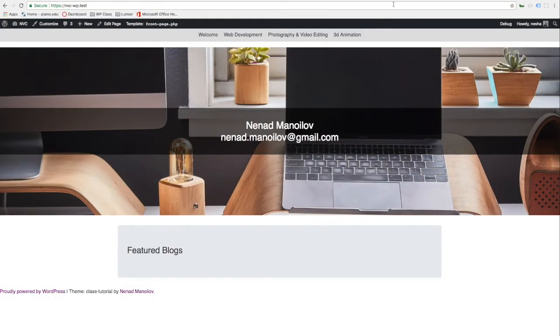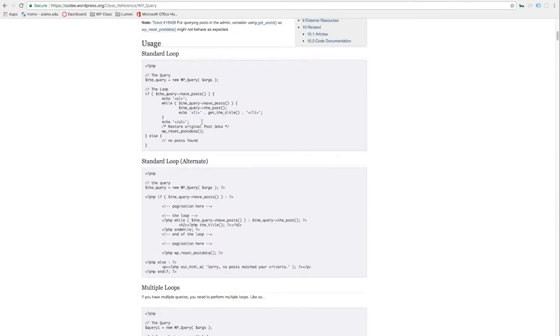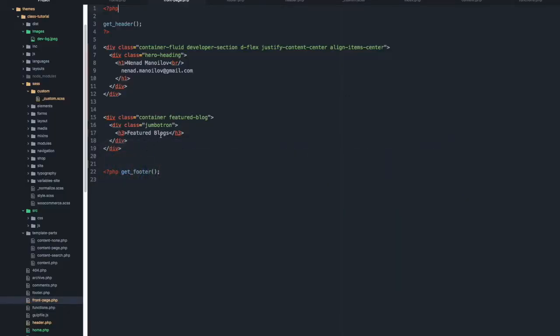I think we can copy and start from there. So yeah, we can copy the standard loop for now from the codex page. We just copy this part of code. This is all PHP, so it will be in one div that it's called, for example,